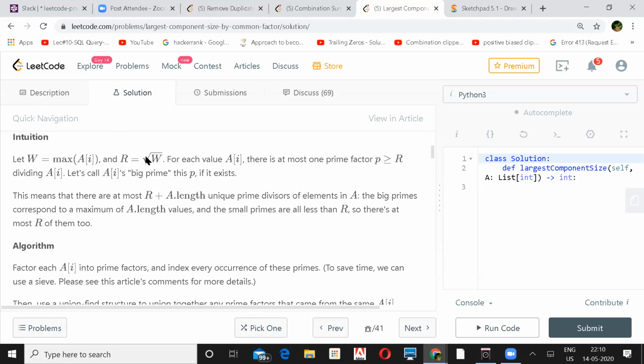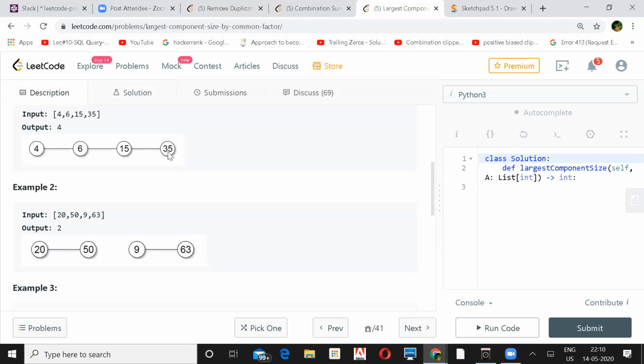So I didn't get much why root, because after, let's say, 35, the root is 5, right? Nearest 5 only. So after 5, if I take any element, that won't be a factor of any of them, right?